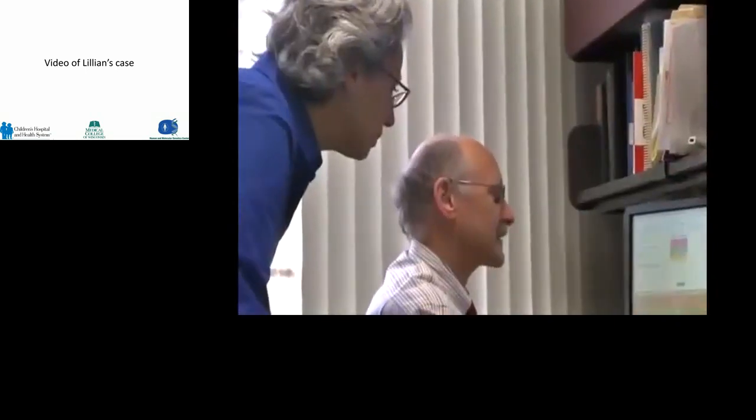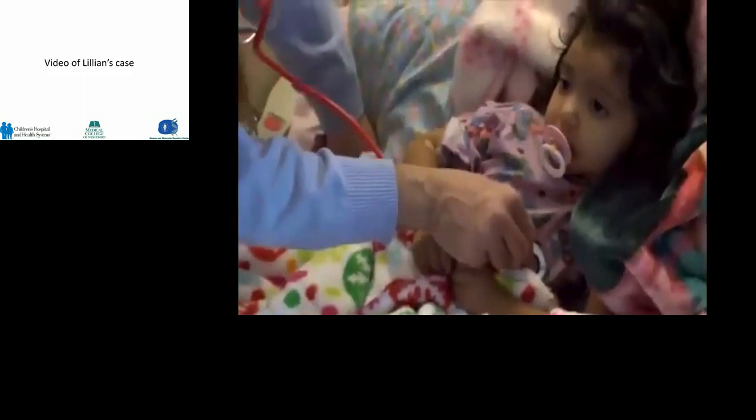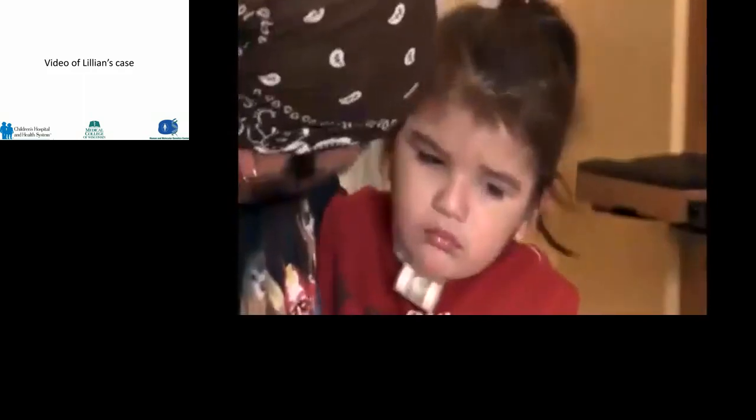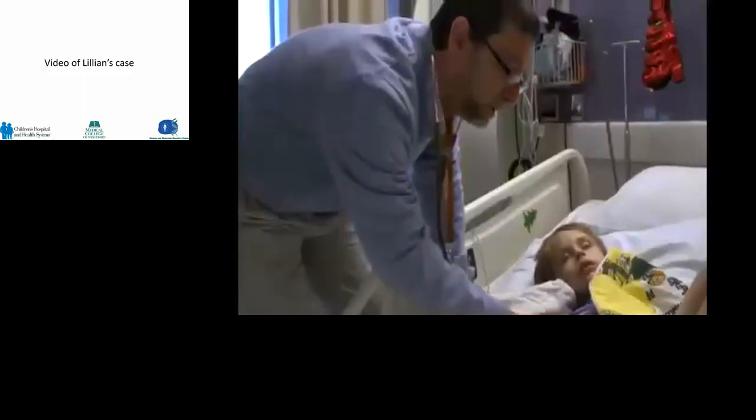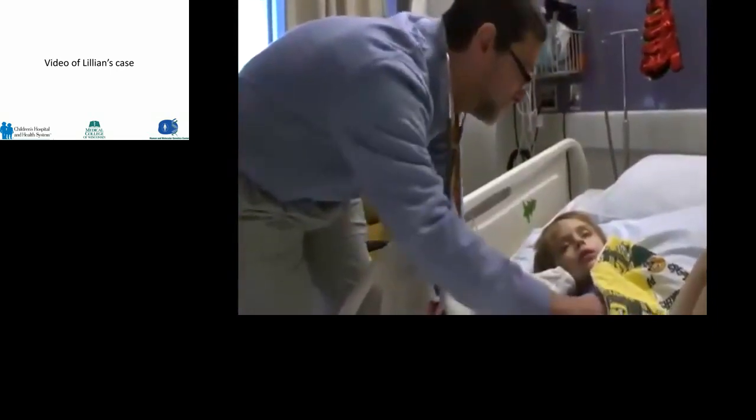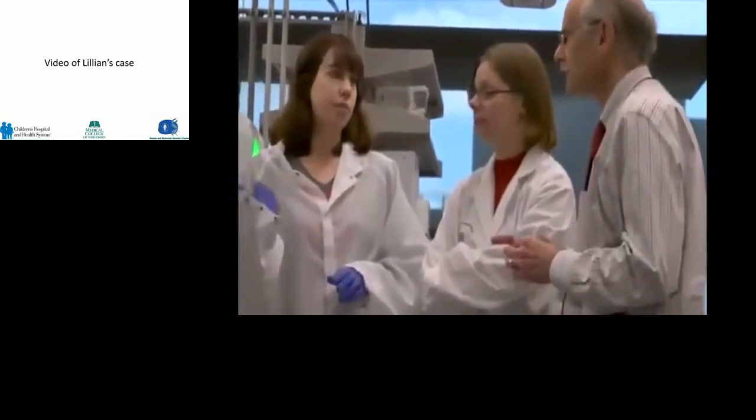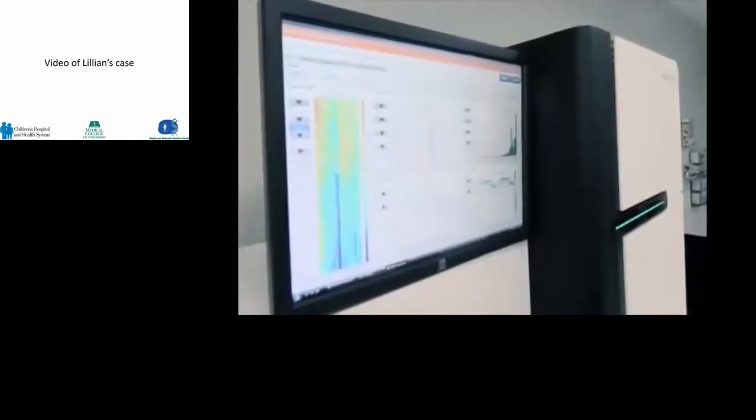One of the remarkable aspects of whole genome sequencing is really the range of patients that we've been able to help. Patients with intestinal problems, patients with immune problems, patients with neurologic problems, patients with cancer. The list goes on and on. If they could find something that would tell us why Lillian is who she is and why she has the problems that she has, that was our number one thing. Anything to give her a better life.